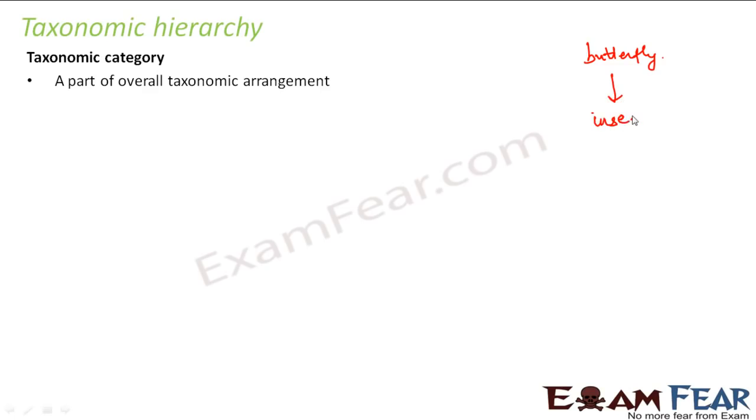A butterfly is an insect. Now all insects fall under the category of arthropods. If you are finding this term new, then you should definitely refer to the videos of class 9 diversity in living organisms. We have spoken in detail about all these things. Now these arthropods again fall under the category of Animalia, right? So this is a hierarchy. That means Animalia, which includes all animals. Inside that, we have a specific category of arthropods for those insects which have jointed legs.